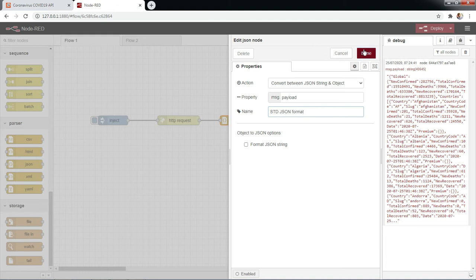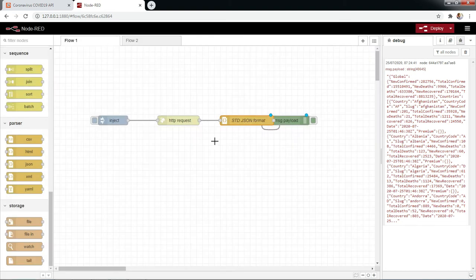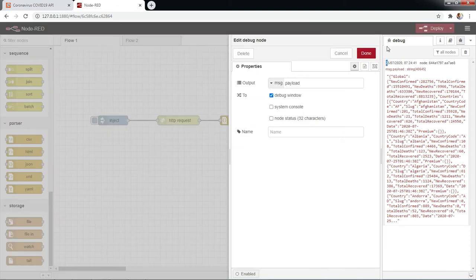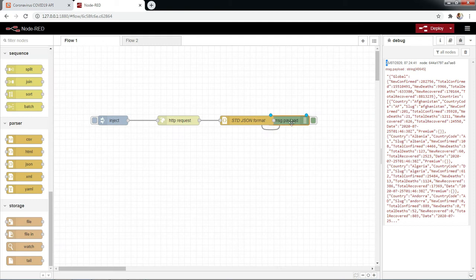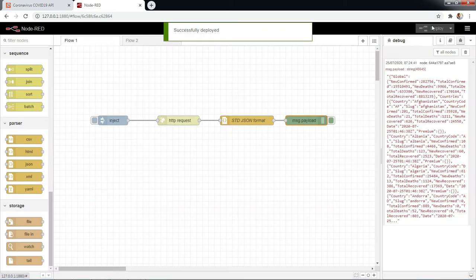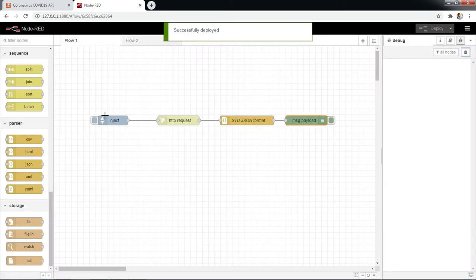We are just formatting this data, nothing else. Now we will deploy this again. We will clear this log and click on inject.